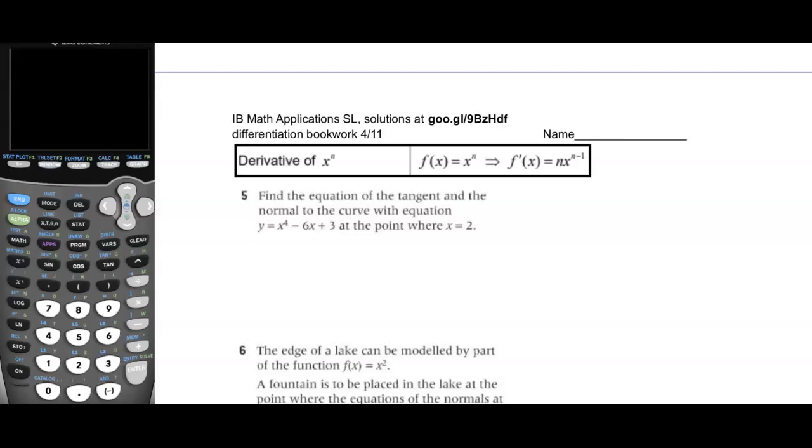Okay, so here's page 4. Remember on page 3 we learned about tangent lines and normal lines. If you remember, tangent lines are the easier ones. All we need to do is put the function in the calculator, and then we do second draw tangent and give the location, right? X equals whatever. The normal line, although it's a similar concept, the calculator doesn't do that much for you, so you have a